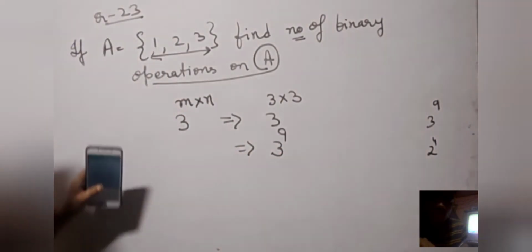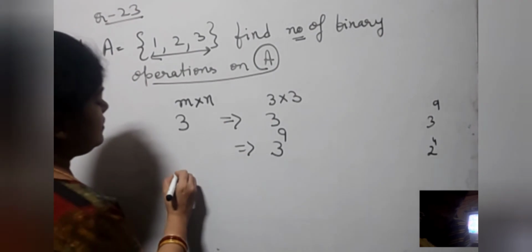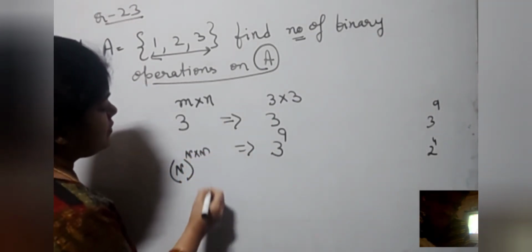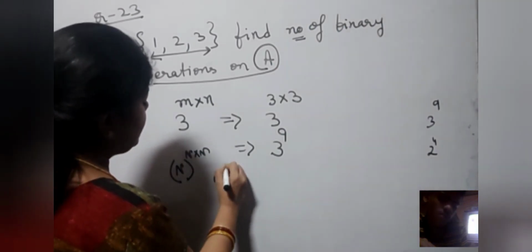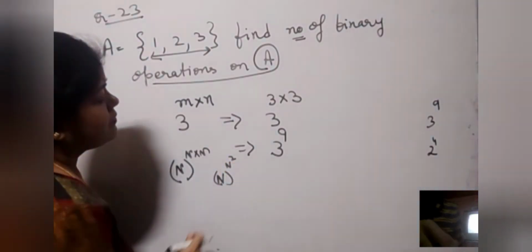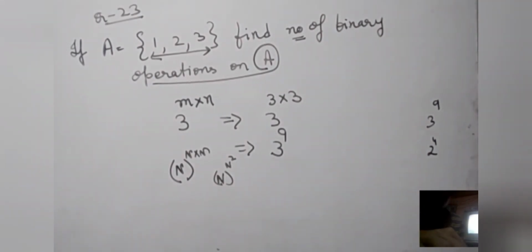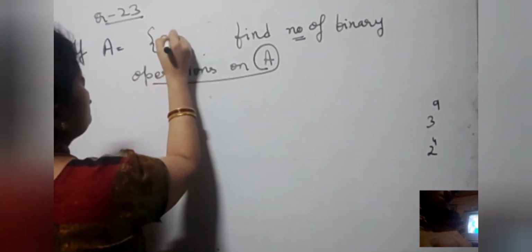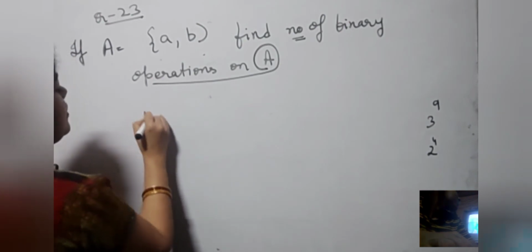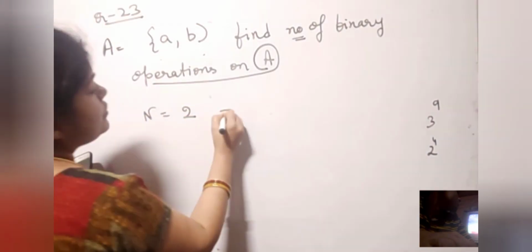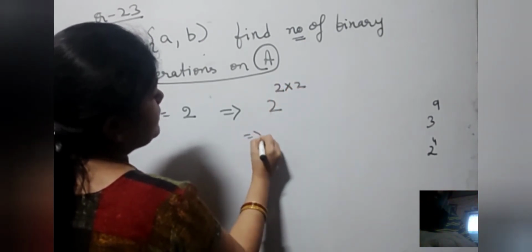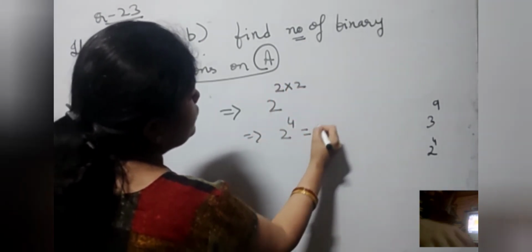Okay. That means what is the format? n to the power n into n, or you can write n to the power n square. For example, if I have another set A comma B, then the number of elements is 2. So number of binary operations is 2 to the power 2 into 2. That means 2 to the power 4. When you solve it, you will get